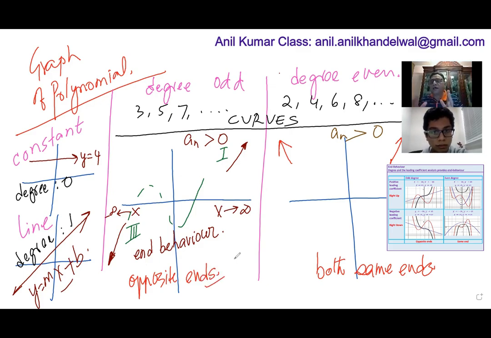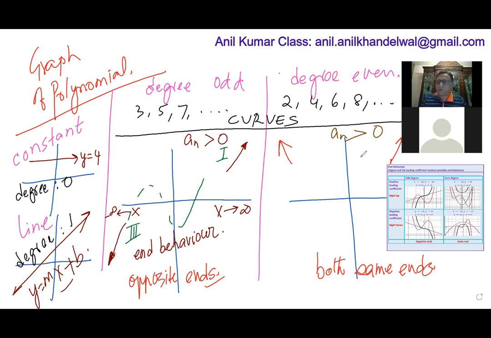So when you look at a polynomial, first thing, look for the degree. If the degree is odd, then we know its behavior is opposite ends. If degree is even, same ends. Now, look for the leading coefficient. If the leading coefficient is positive, then right side is up. And of course, if right side is up, even degree both are up, odd degree left will be